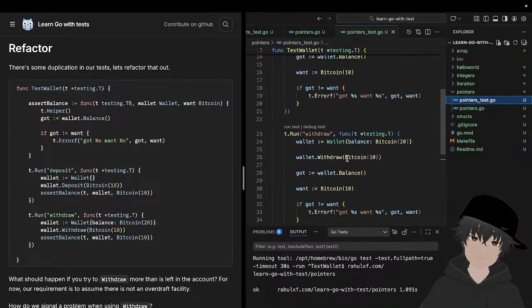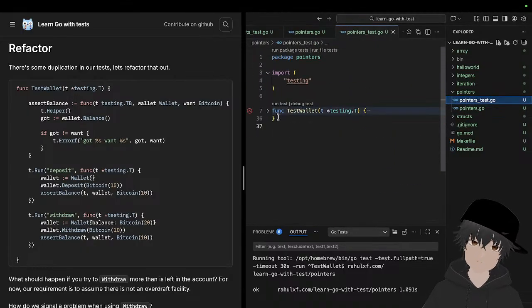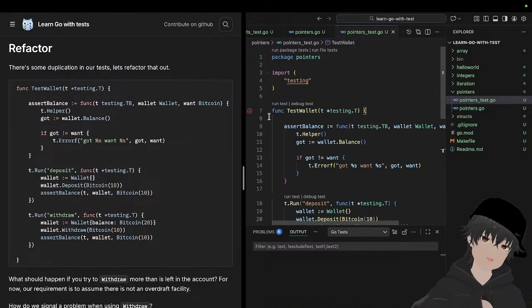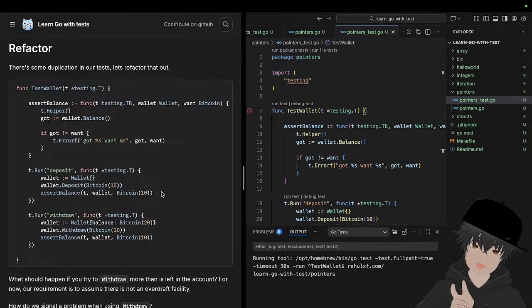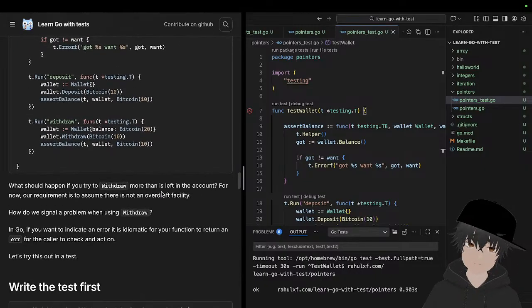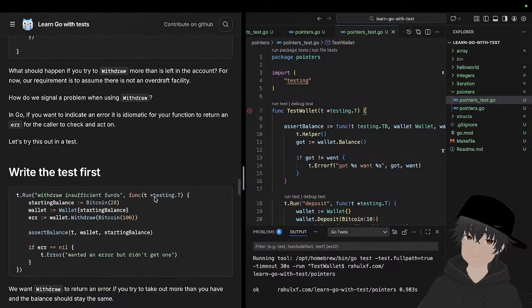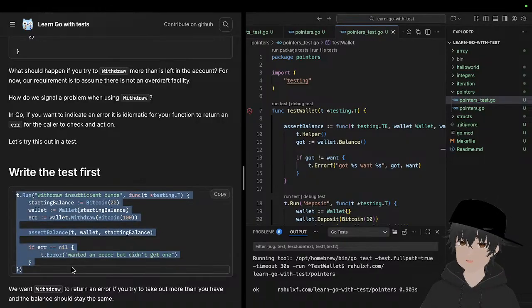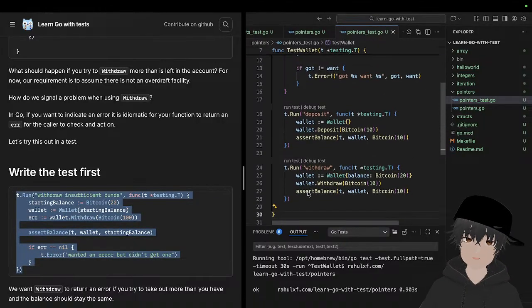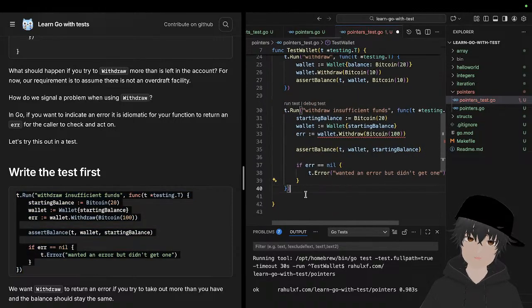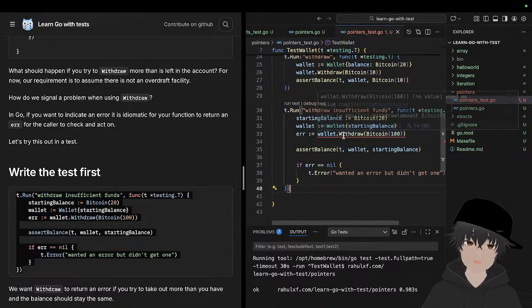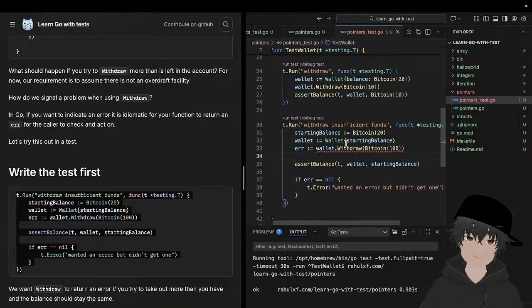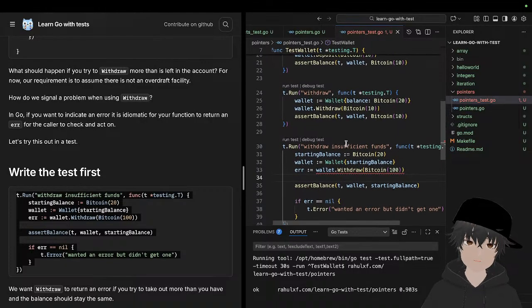Reason maybe we are poor. We don't have that much Bitcoin. How can we withdraw then? Withdraw insufficient funds. So if you do insufficient fund, let's take Bitcoin 100. Okay, why it's not